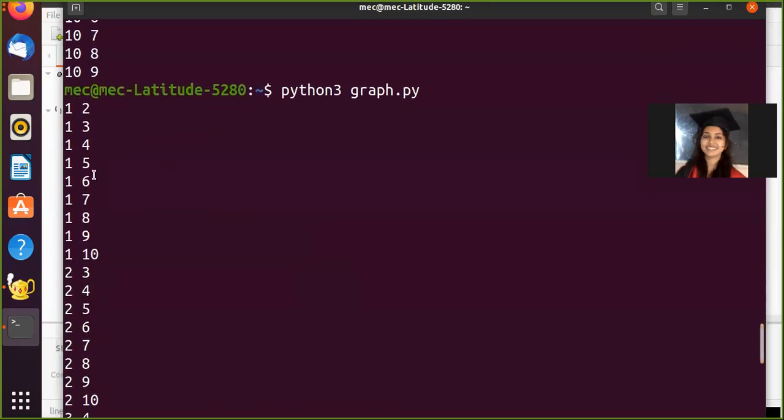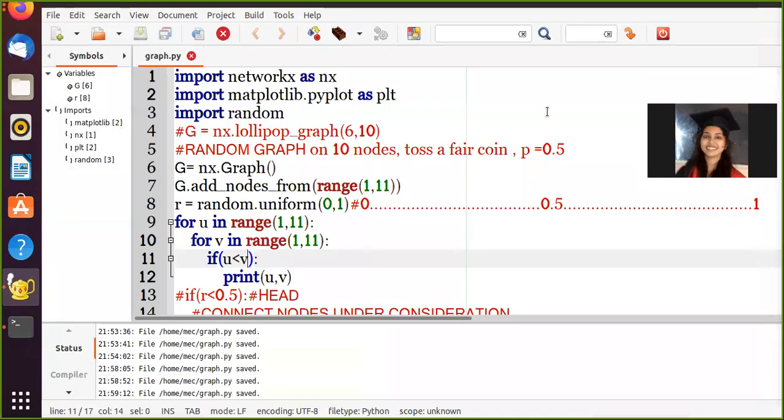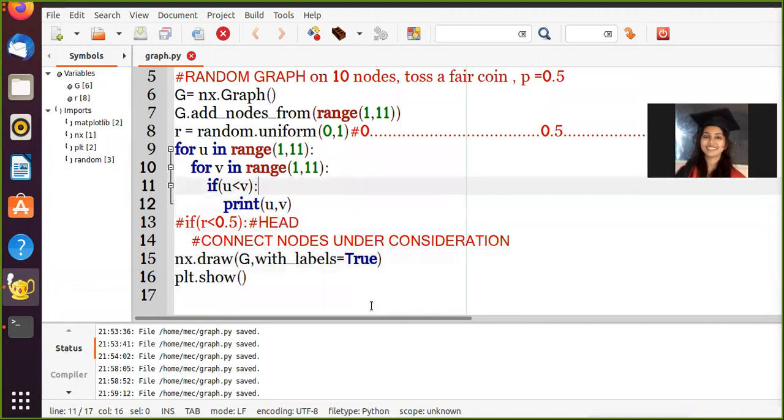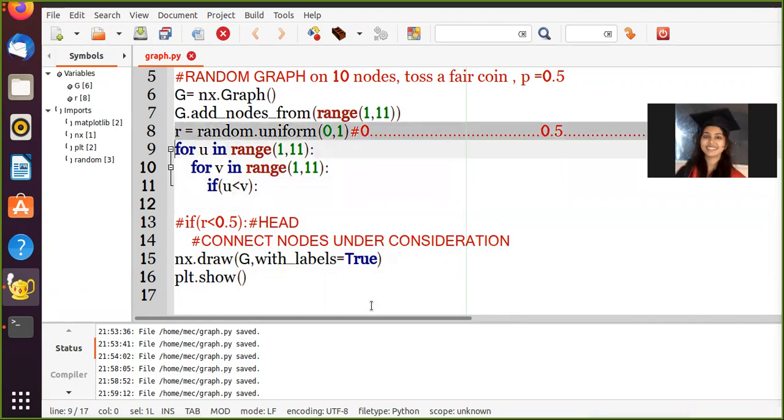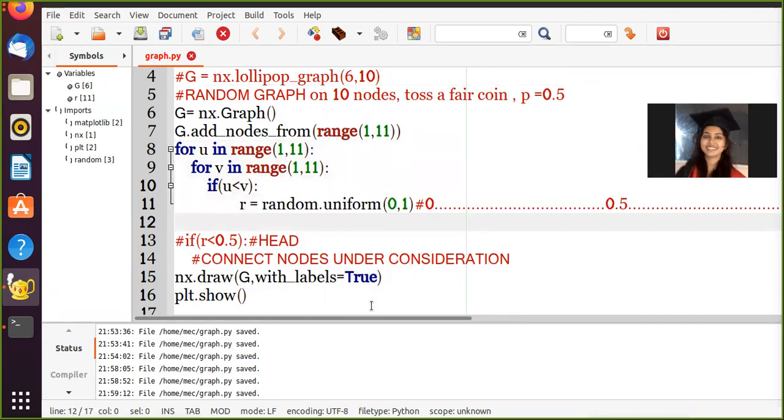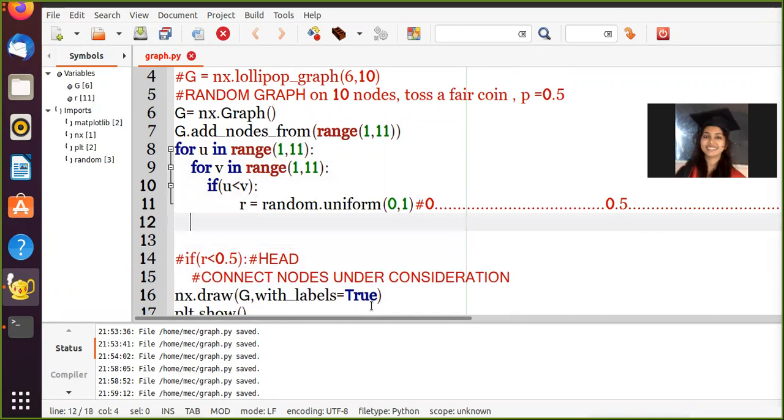Now for each of these edges, we want to toss a coin and put the edge only if it is a head. So I'm not going to print it here. Rather, here I'm going to generate a random number, and once you have this random number, you can have this logic.